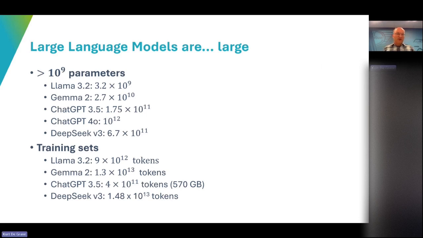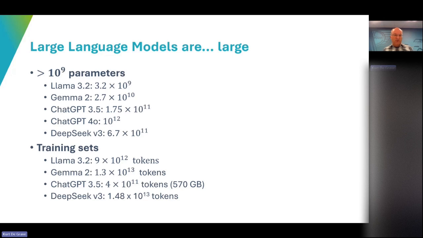Okay, so what are large language models? Well, large language models are large. That's simple. We don't call a large language model large if it has less than a billion parameters. The original transformer was only about 100 million parameters or so. Well, there were different models in their paper, but we wouldn't call that large anymore today.